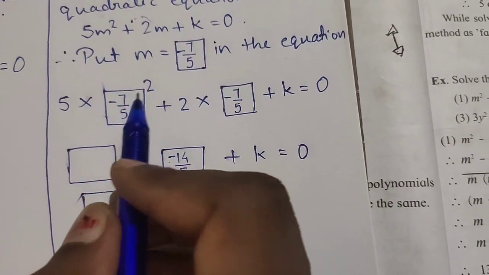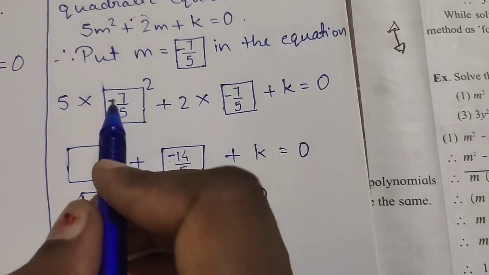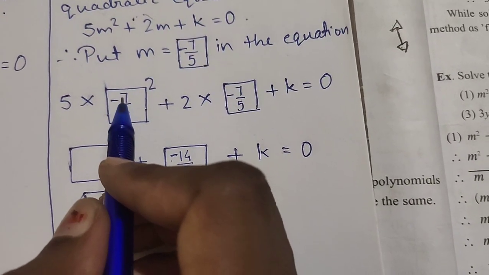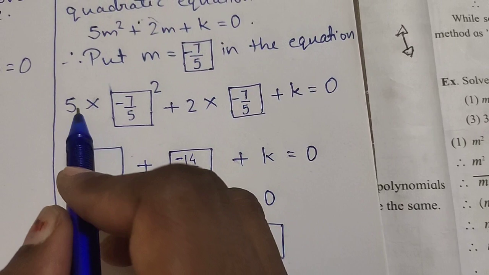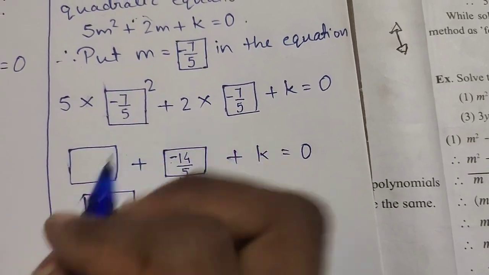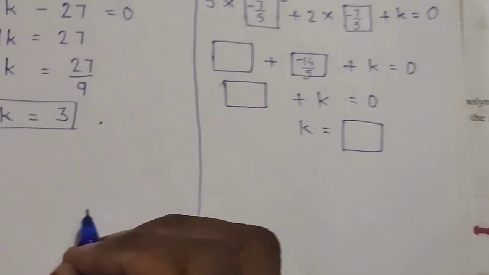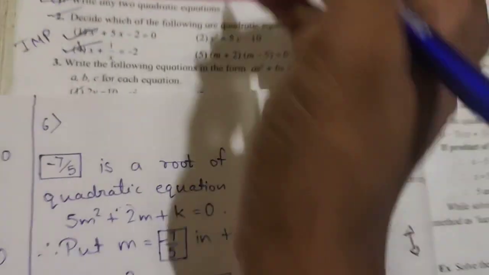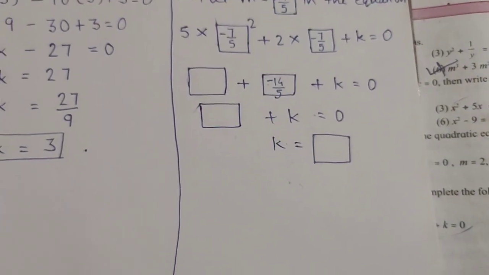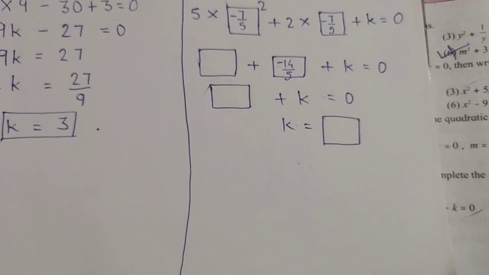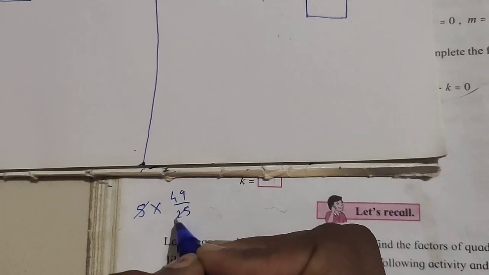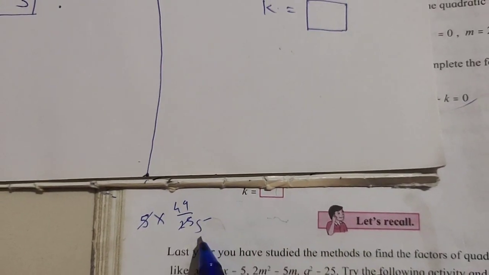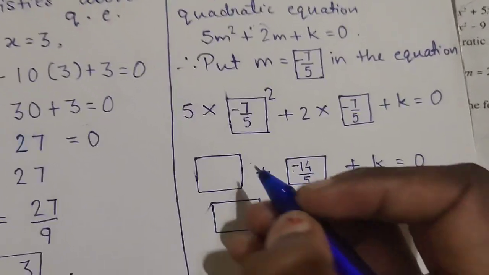Now in this box, see here, first thing is the square is there, and you know a square is always positive. So what is the square of 7? 49. And what is the square of 5? 25. But 1 five is there. So in this case, see here, I am going to explain this to you. 5 into, what is the square of 7? 49 upon 25. Okay, so you have to cancel this 5. So what are you going to get? 49 upon 5.